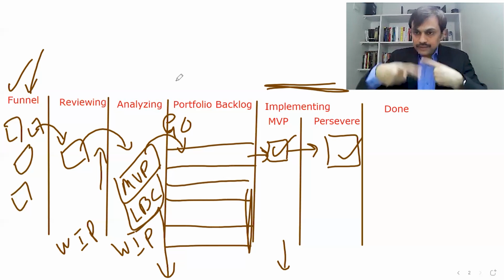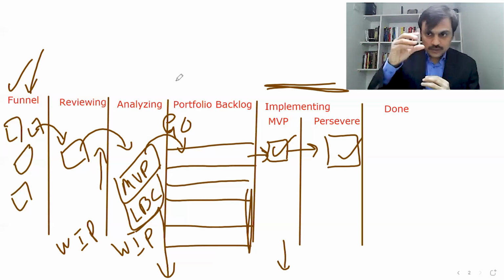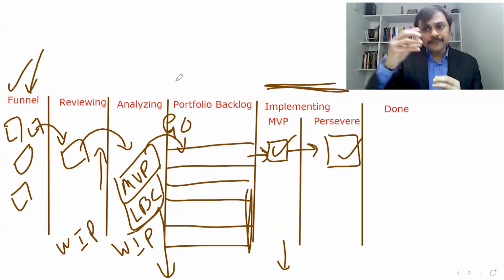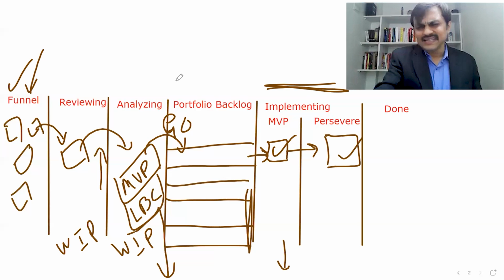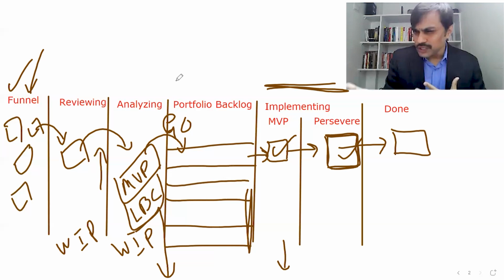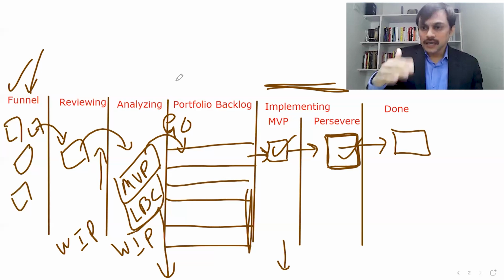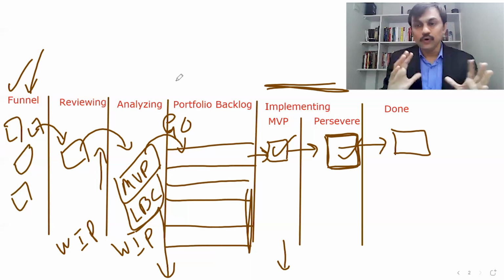There is always feedback, because it's not like the epic will only get delivered at the end. Incrementally, as you are developing a set of features based on the business understanding, you keep releasing those features. So when the portfolio review is happening, you may realize that we are done, it's good enough, and we may move that particular epic to a done stage. When you move an epic to a done stage, it might have some child features which might be decided not to continue further, or there could be some rudimentary cleanup work which might need to be done. And after that, the LPM may think that this no longer requires any more attention from us.